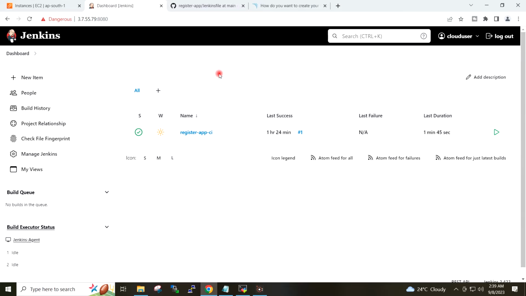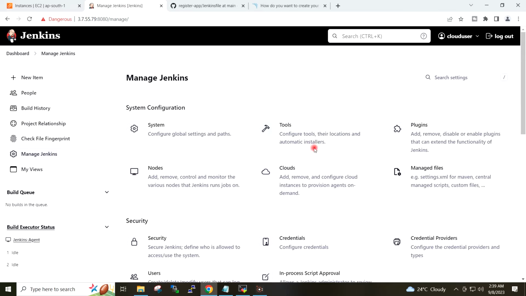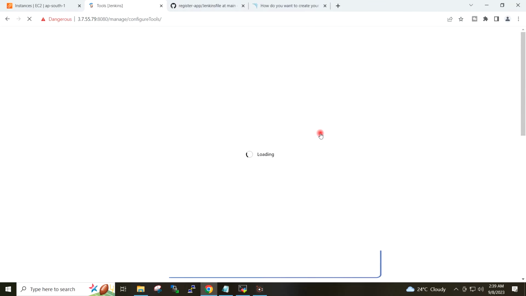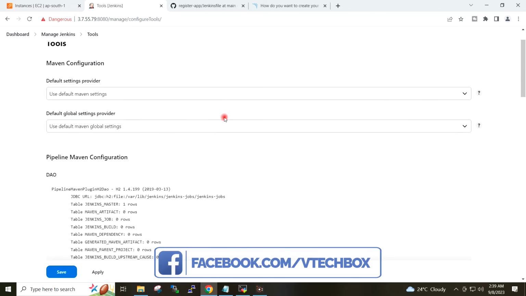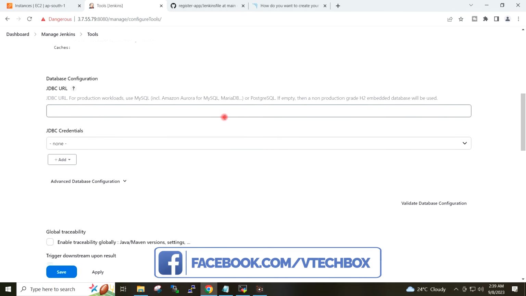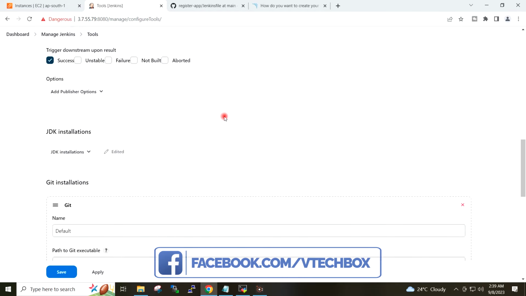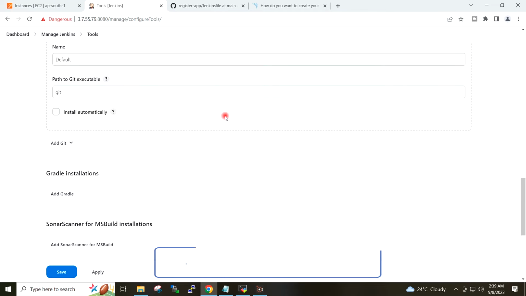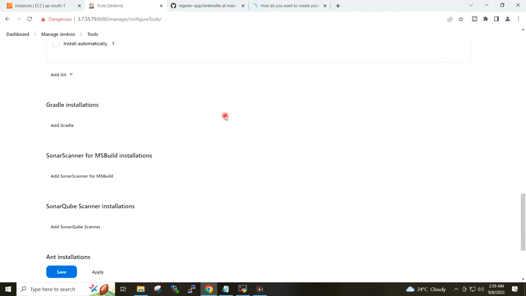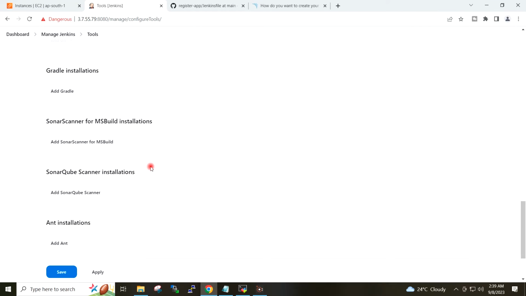I will now go ahead and add the SonarQube scanner in my Jenkins. So I will go to Manage Jenkins, Tools, and under the SonarQube scanner installations, I will click here on Add SonarQube scanner.